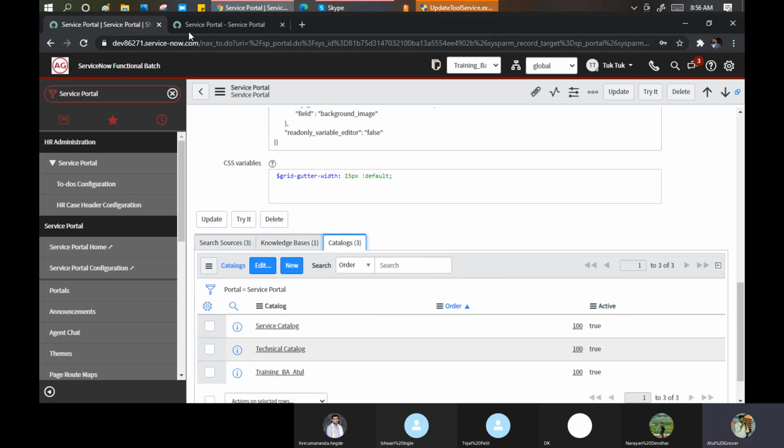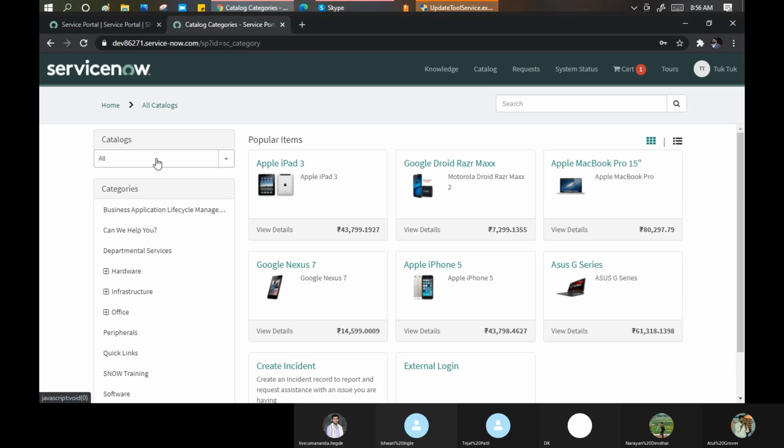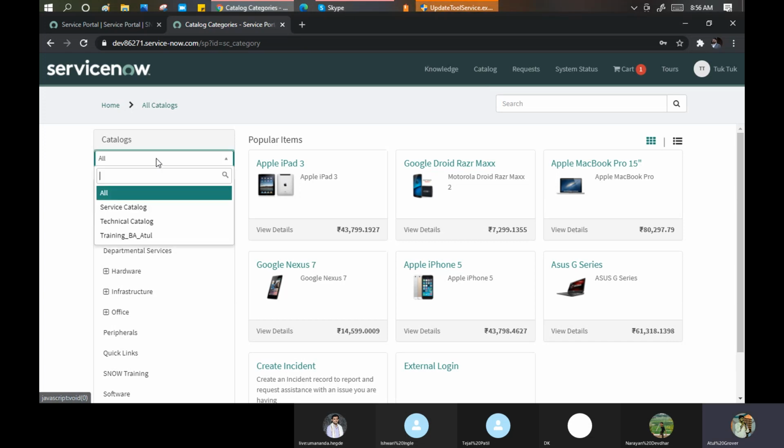I come here. If I go here and click on the catalog, right? How can I see these three things, these three catalogs available for selection? From where are these things coming?